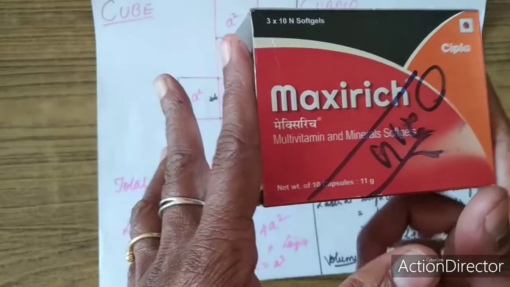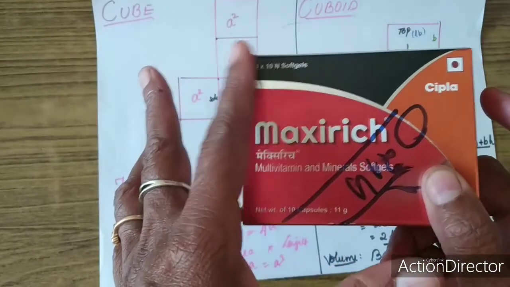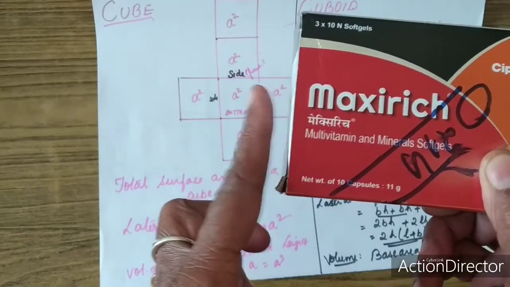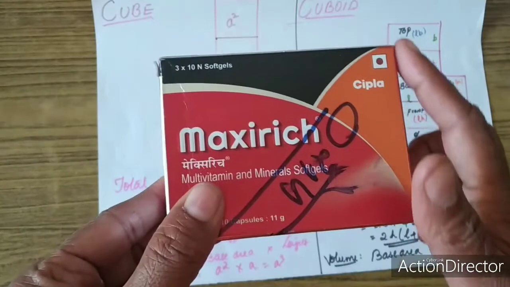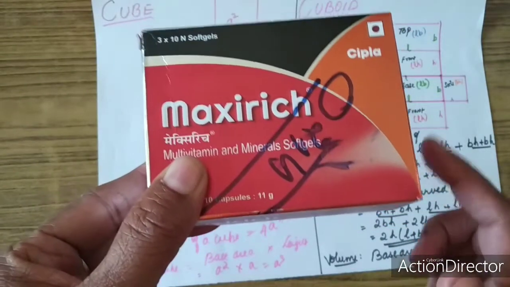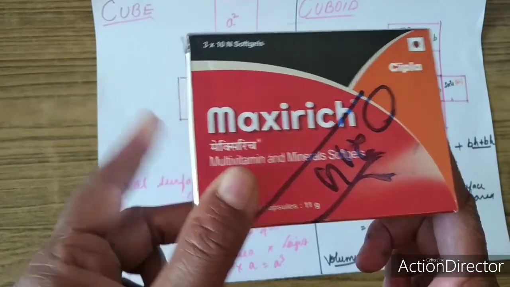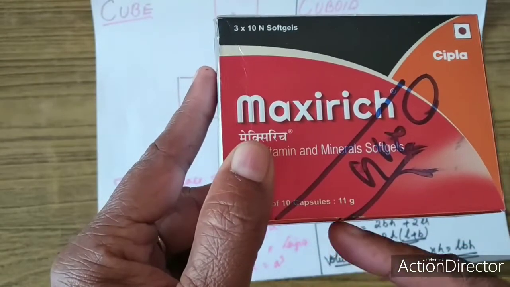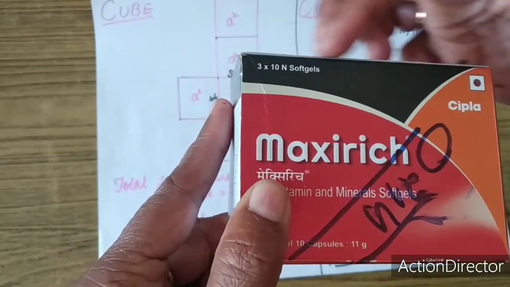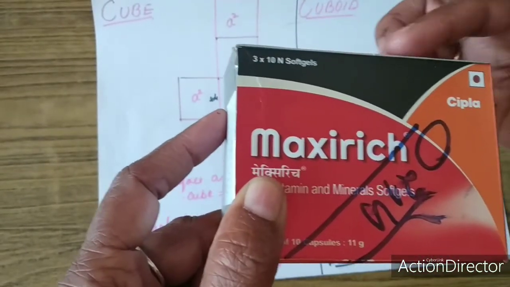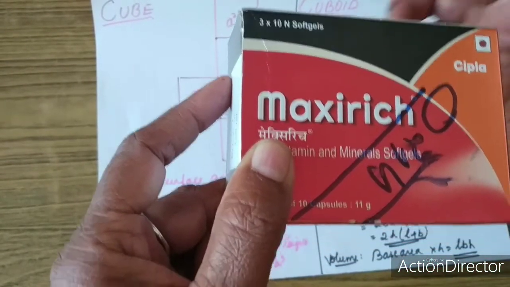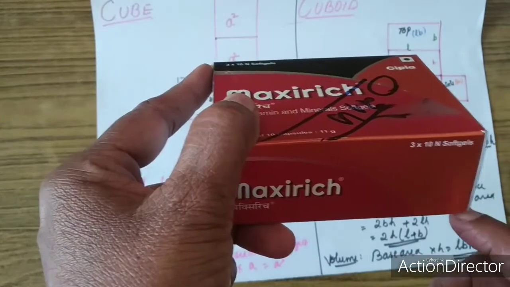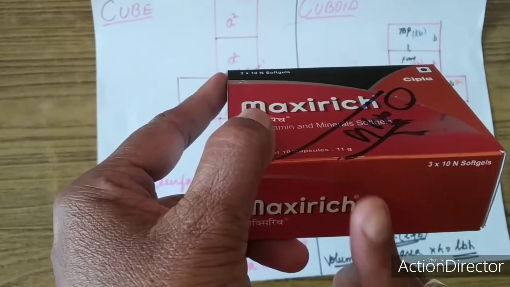These two side faces you can see, this is nothing but the breadth. This is the breadth. So this is the height of the cuboid. So the area of the side face will become breadth into height. Similarly, considering this is the breadth and this is the height of the cuboid, this area is also breadth into height. So both the side faces are having breadth into height. Similarly, coming to the front faces, this is the length and this is the height of the cuboid. So this area is length into height, and here also this front face is having length and the height of the cuboid. So this area is nothing but length into height.